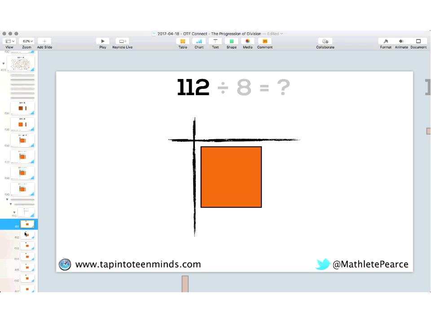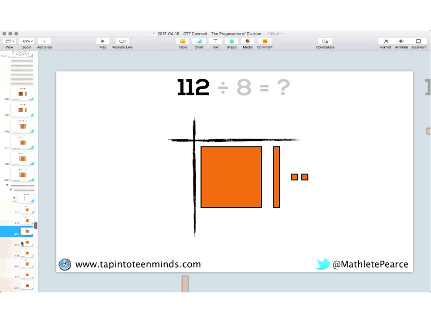So here I've got 100 flat, I've got a 10 rod, and I've got my 2 units. The beauty of base 10 blocks is you're literally looking at place value. So I see a 1 for the hundreds, a 1 for the tens, and 2 for the 2 units. It's wonderful. And when I'm dividing by 8, what I'm doing is I'm trying to create a rectangle that has